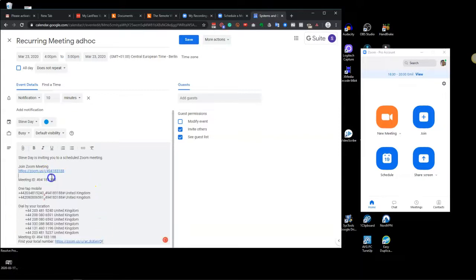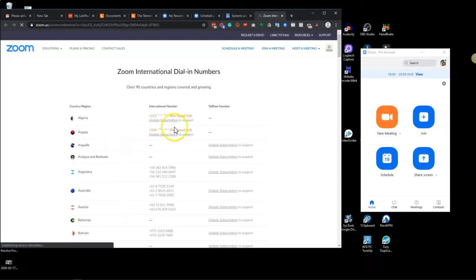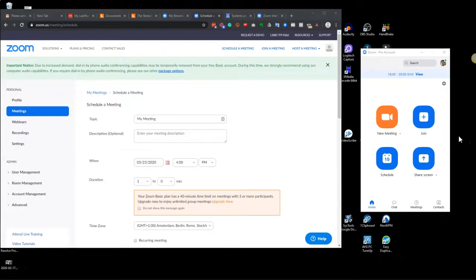You can, in the settings, select which countries you want to give the dial-in information for, and that also gives you this website, so no matter where someone is in the world, they can get a local number and dial in. So apart from scheduling ad hoc recurring meetings and changing the record location of your app, there are